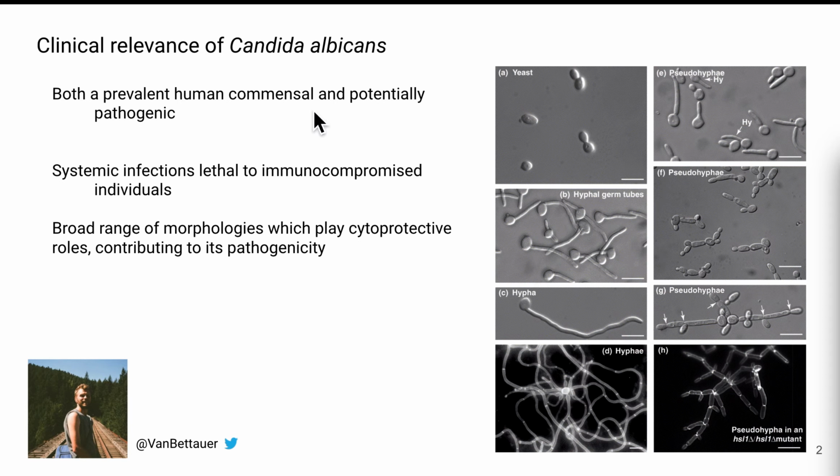So I don't need to explain to this community why Candida albicans is bad. Part of its pathogenicity comes from the fact that it can shapeshift, that it takes on different morphologies. They range from classic yeast vegetative forms to filamentous forms like hyphae or pseudohyphae. These different morphologies confer different cytoprotective properties, and that's partly why it becomes a life-threatening disorder in